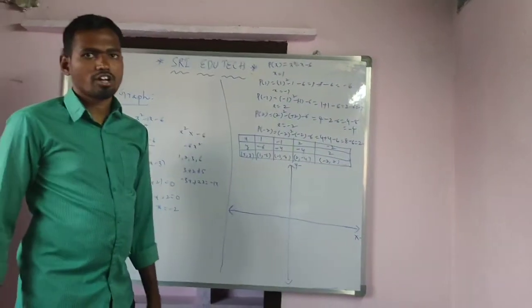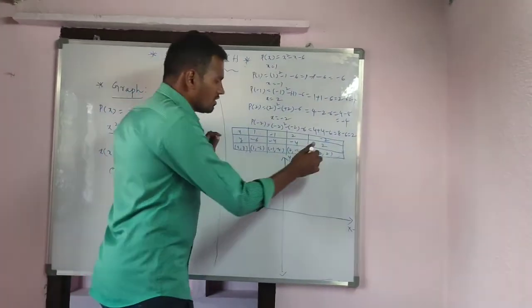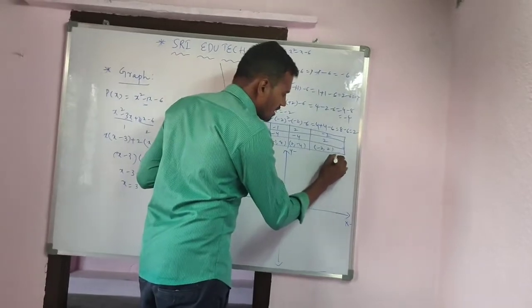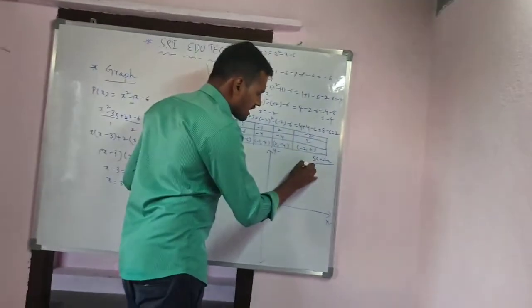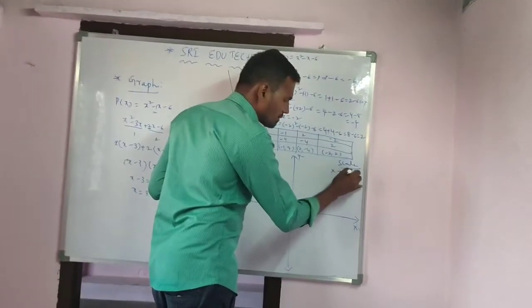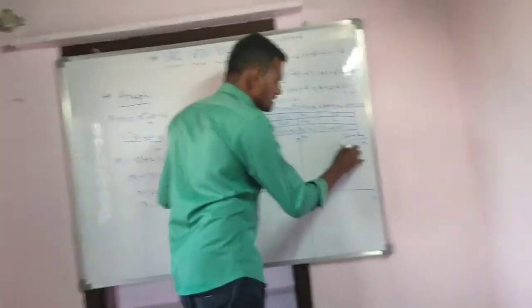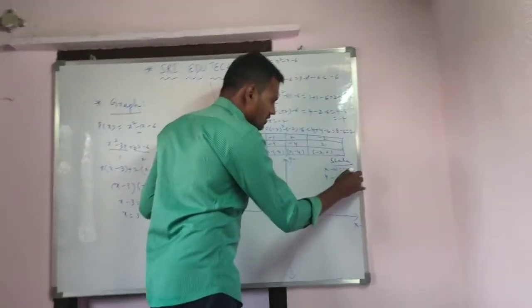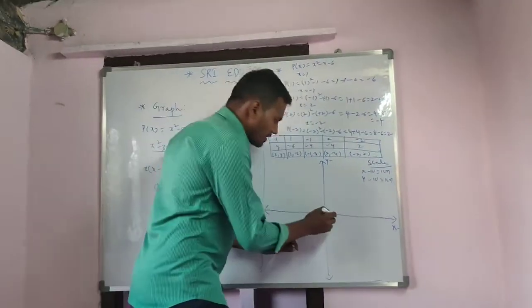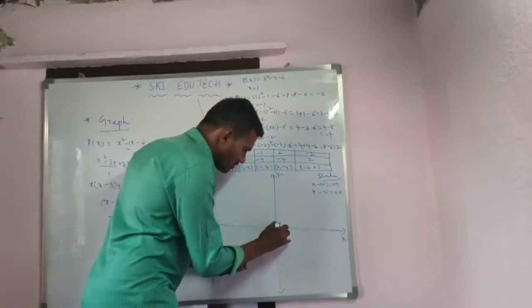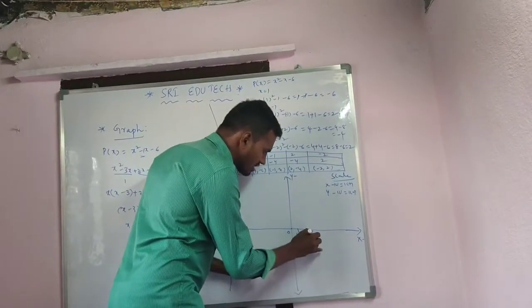Now, on this right side corner we have to write the scale. I am taking on the x-axis 1 unit is equal to 1 centimeter, and on the y-axis 1 unit is equal to 1 centimeter. Now this is 0, this is 1, this is 2, this is 3,